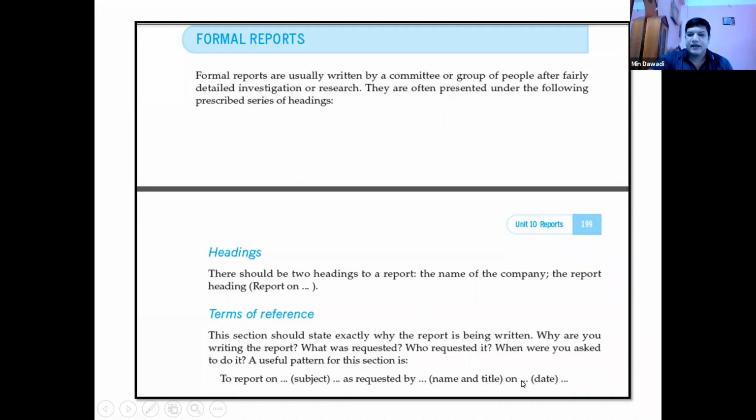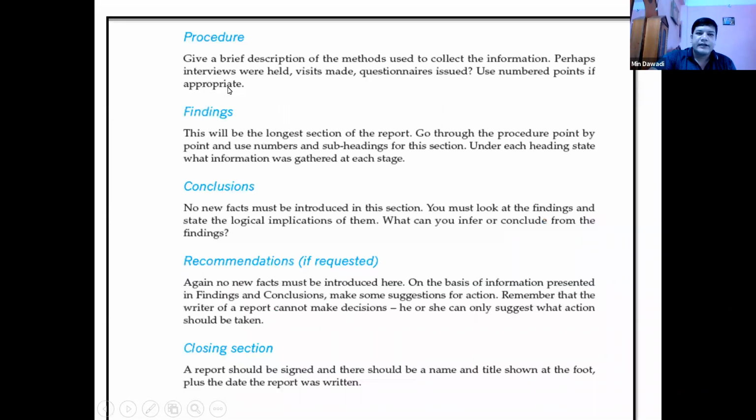Okay, as requested by who, you mention who requested and when you were requested. Okay, in one line you can mention this. Okay, under these terms of reference, शर्तहरु. Next one, procedure, here you mention